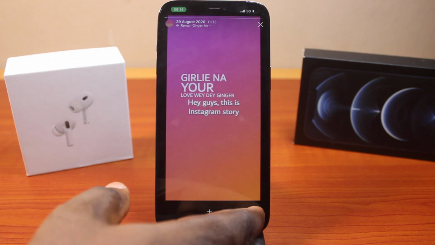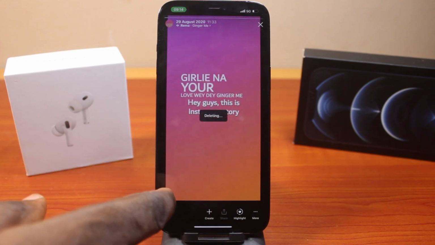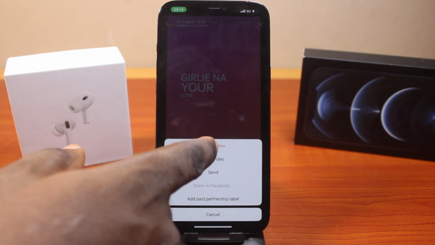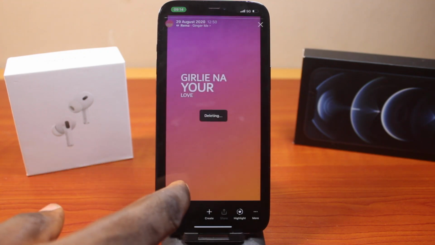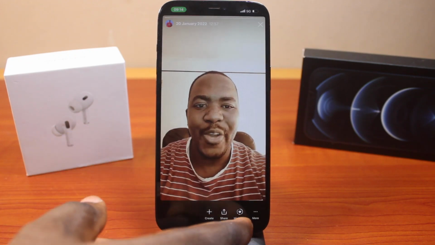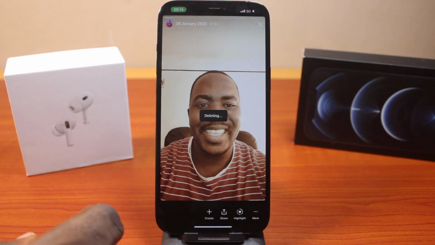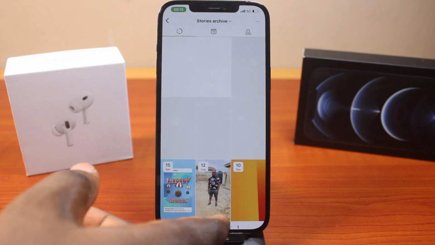This is going to delete the story. Repeat it again on other stories on your archive page to delete them. So just keep repeating this. Now once you're done deleting it, go back and pick another story on your archive. Click on Delete story, delete. There you go. So this is how you can